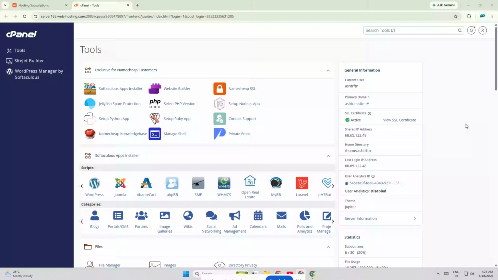If you need to find your Namecheap cPanel server information, you're in the right place. In this quick tutorial, I'm going to show you exactly where to look inside your Namecheap cPanel so you can find the server details you need in just a few seconds. This is useful if you're setting up email, connecting a website, updating DNS records, or just trying to confirm your